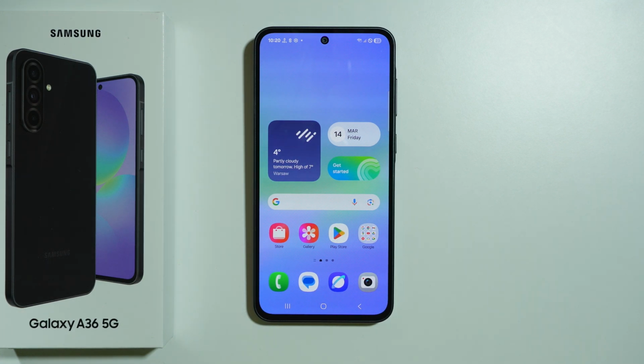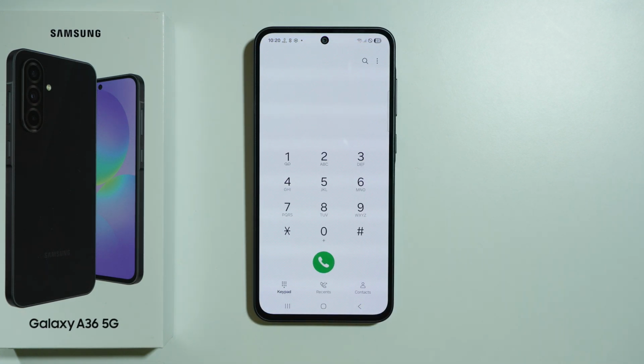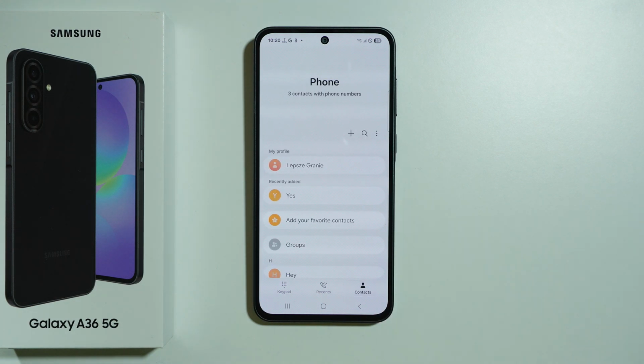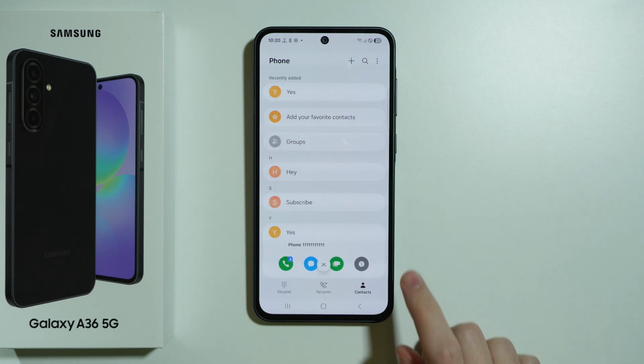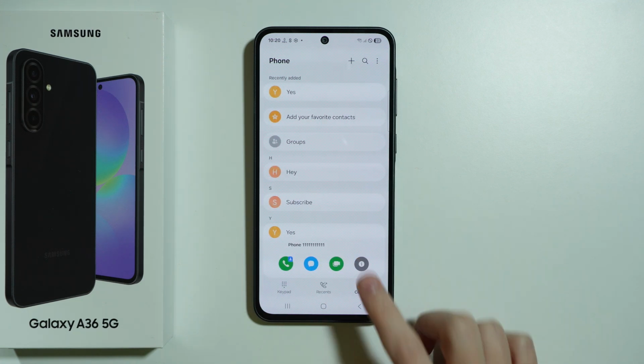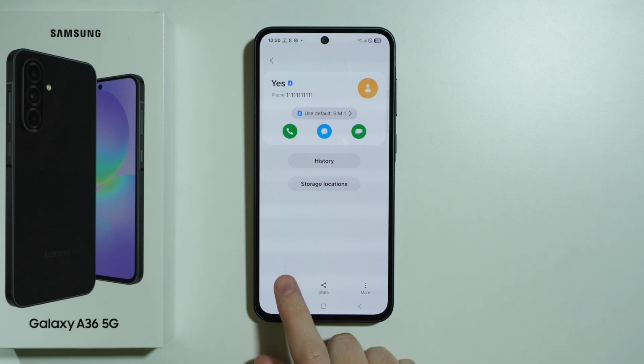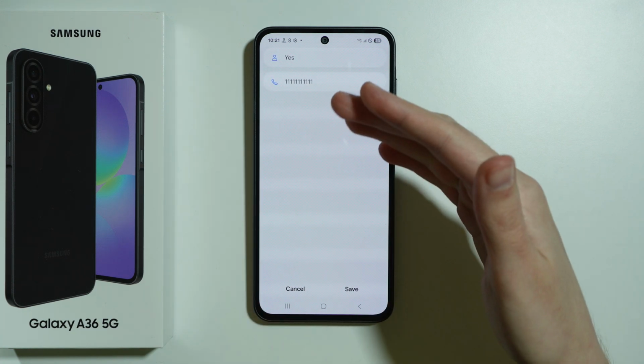To add a photo to a contact on Samsung Galaxy A36 5G, first we need to go to the phone app. Let's switch to contacts in the bottom right corner, and then we can select the contact for which we want to add a photo. So let's say I'm going to choose this one, and then press this eye icon on the right side. Now over here at the bottom we can press edit, and unfortunately if you see something like